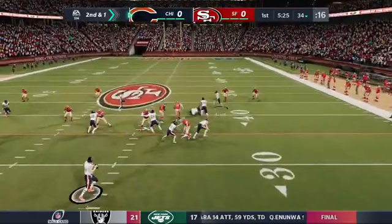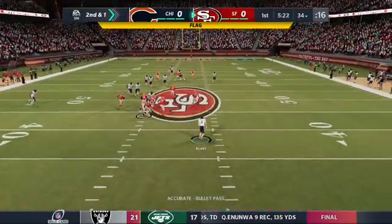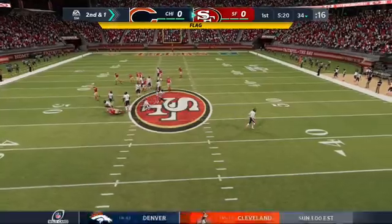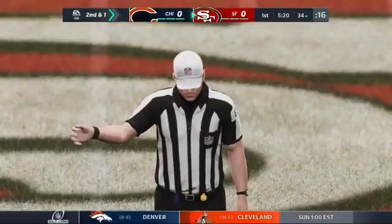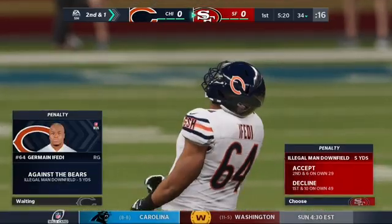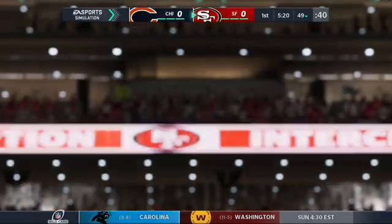And once that's completed, then you just keep moving from there. But into heavy traffic, and it's intercepted. Picked off by the former first-rounder Jimmy Ward, and he'll return this one just shy of midfield to the 49. So they lost yardage, and they...